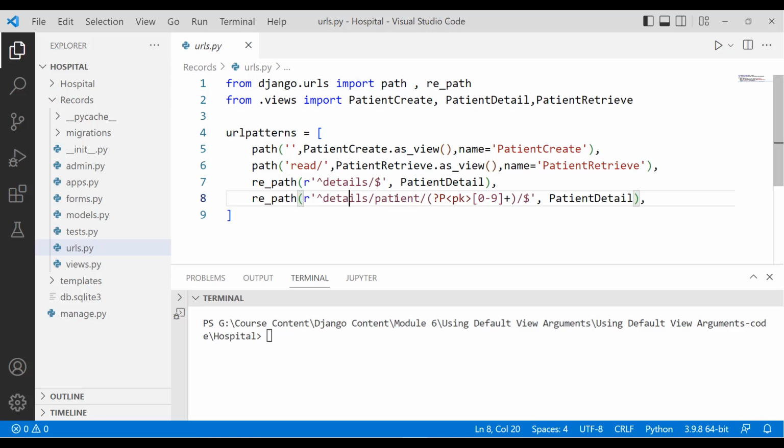So here you can see that I create it as detail/patient/, and here I use the named group expression for the pk. So it will take the value for the pk which is captured by the regular expression, not the one which is assigned by default. After that we will need the template for the front end, and for this